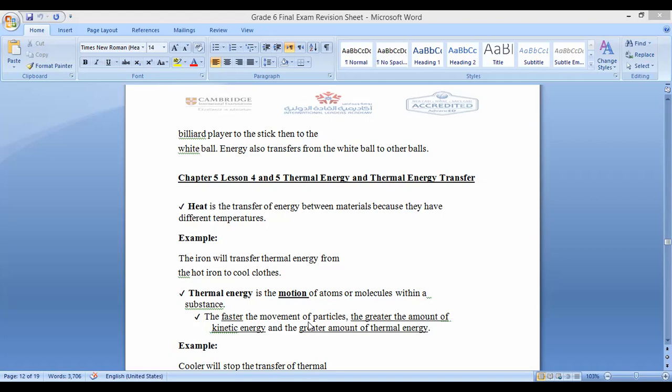Farah. No, miss. Why, Farah? Because heat transfers when they have different temperatures. When two objects have the same temperature, there is no transfer. But if one of the objects has more energy or a higher temperature than the other object, then I have a difference in temperature, which means energy will be transferred from the object with higher temperature to the object with lower temperature.